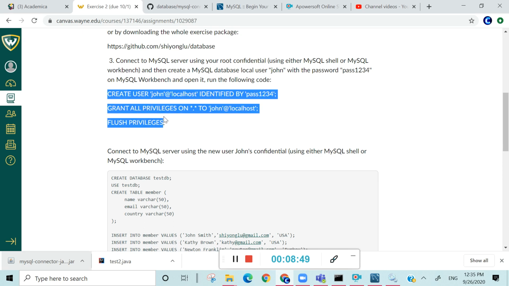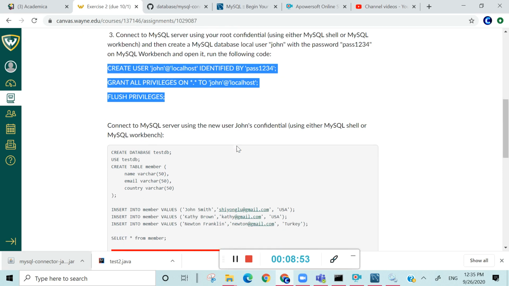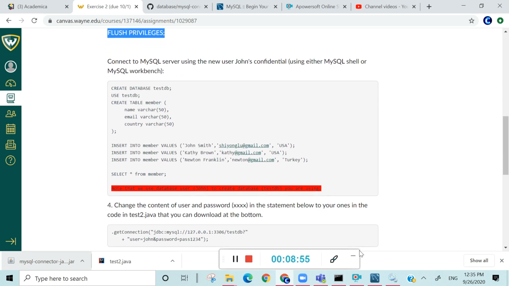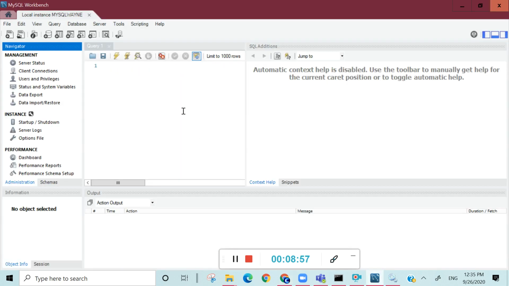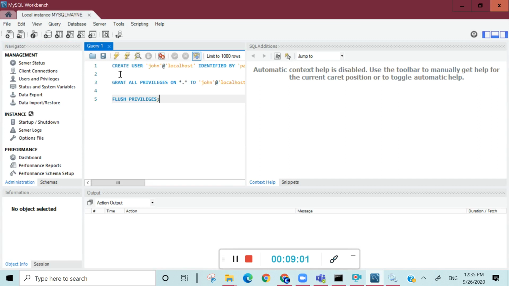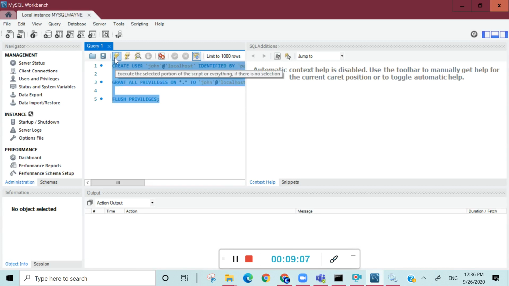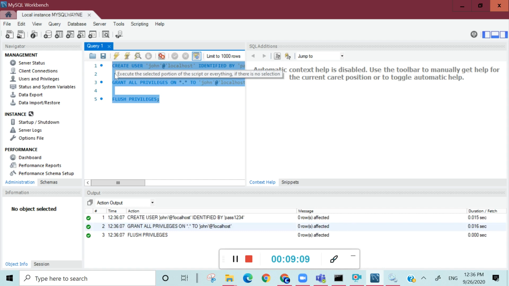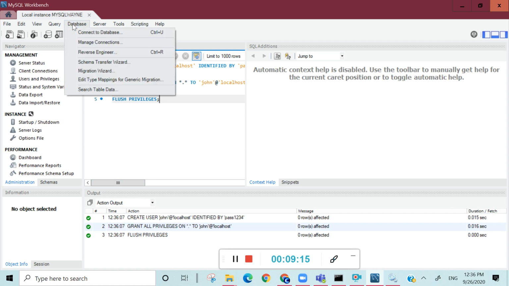create this user. See, and go to my workbench and paste here, and then execute it. Yeah, it's all good. And now I will connect